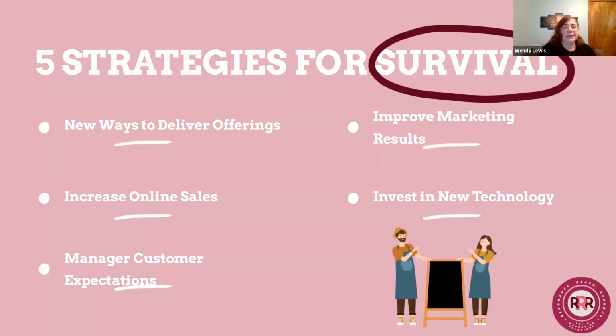So these are the 5 strategies for survival that I reviewed in the first Learning Lunchable that we did, and what the focus is for the Learning Lunchables that we're doing this year. The 5 strategies for survival are: you want to have new ways to deliver existing offerings, whether that's sales or a service-based business or products. You want to be able to increase online sales. As a matter of fact,